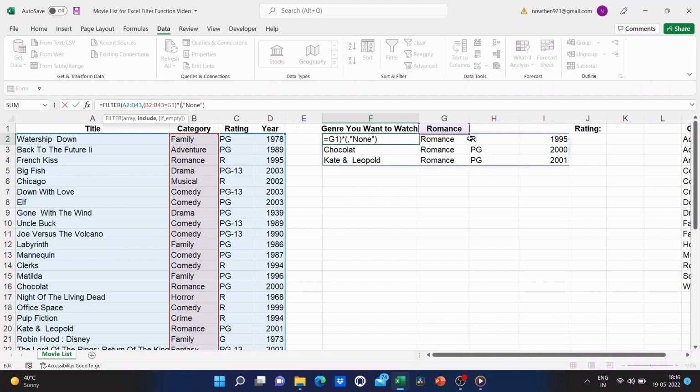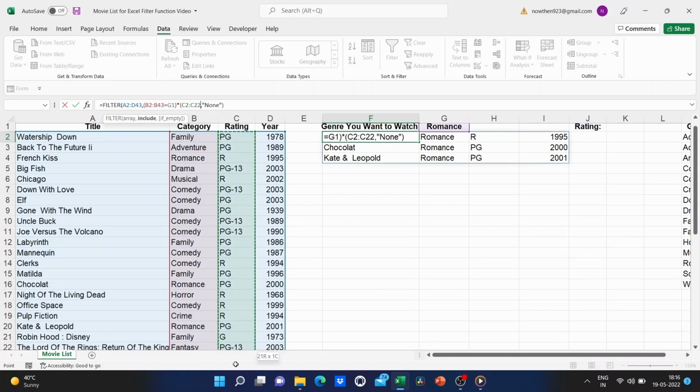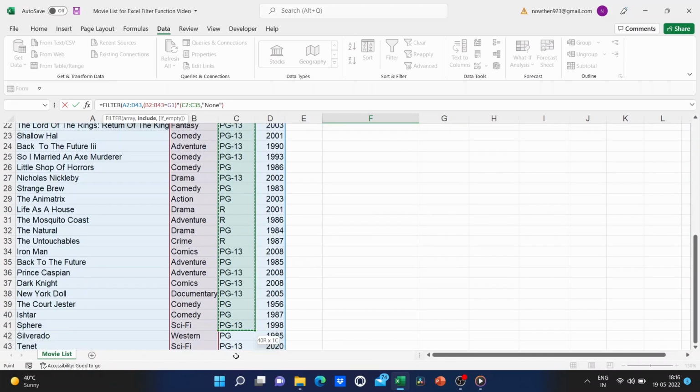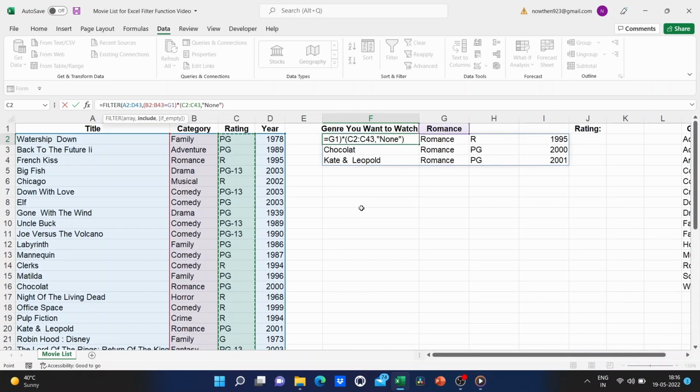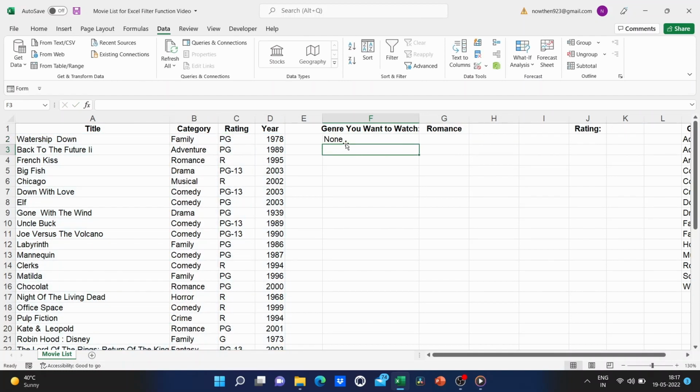What am I trying to include? This time Excel's giving me hints, so you can see that include is in bold. Well, I want to include C2 through C43. So that now has been added to my formula in the formula bar. And I want to test to see if the data in column C is equal to whatever is in K1. I put in my right parenthesis, tap enter, and my formula produces none. But that's because I have nothing typed in K1.